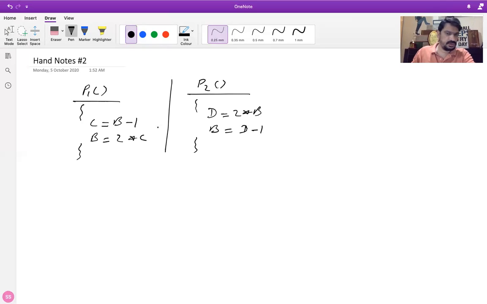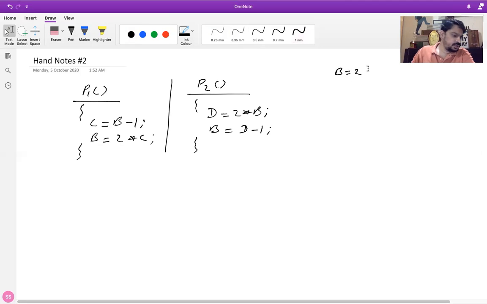So let's say this is my code, and these two processes have a common variable. You can say B is the common variable in these two processes. Okay. Now this is again a GATE question, and what is the question in this? It has been asked like, here B is the shared variable with the initial value of B equal to 2. So B equal to 2 is the initial value for B,